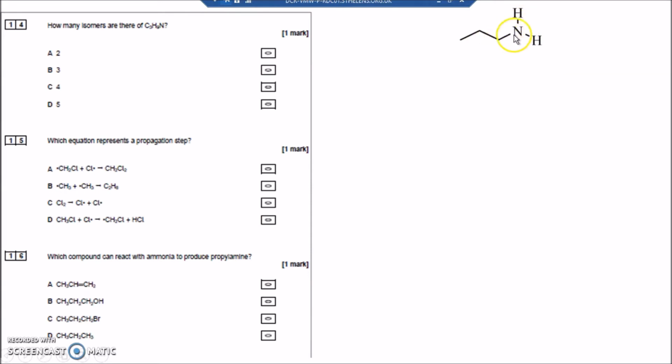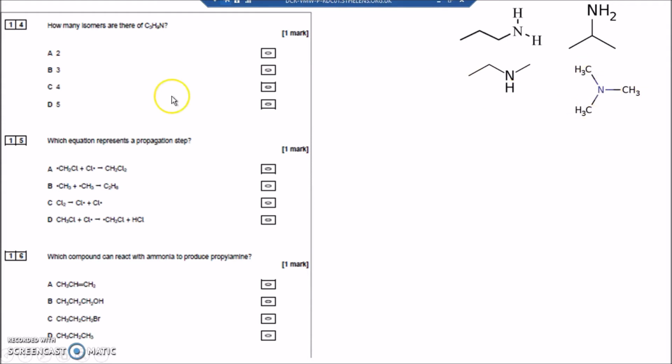The N is bonded to 1 carbon. And then there's another primary amine where the N is bonded to 1 carbon, but that's 2-aminopropane, where the NH2 is now on carbon number 2, a position isomer of propylamine, or 1-aminopropane. Then you can have a secondary amine where the nitrogen is actually in the chain, so the nitrogen is bonded to 2 other carbons, so you'd have methylethylamine. And then you can have a tertiary amine where the nitrogen is bonded to 3 other carbons, so you'd have